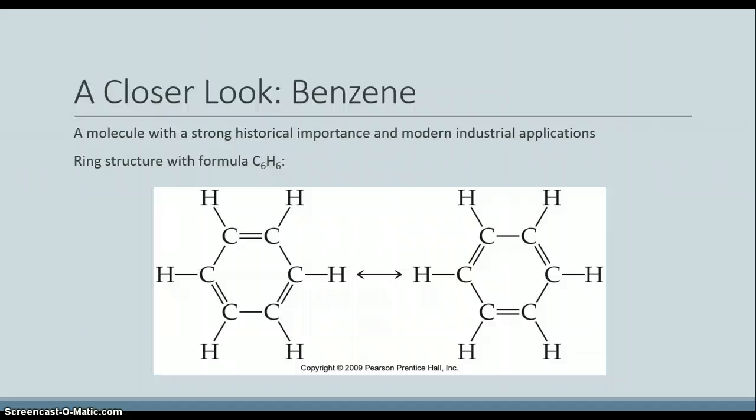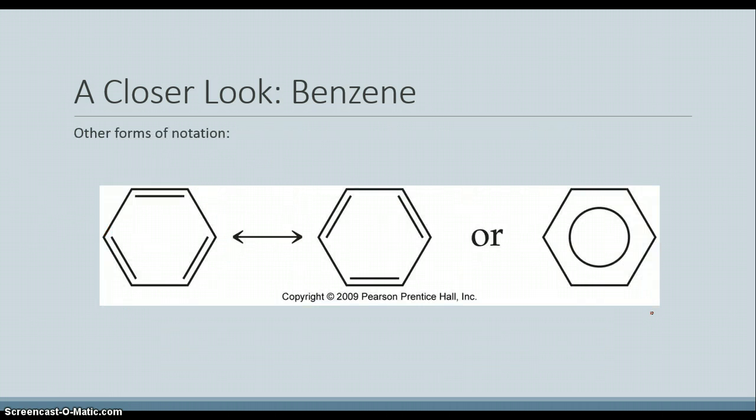But it also illustrates resonance too, because if you put it in these spots, okay, well, we'll leave that there for now. But if you leave these here in these spots, you also know that they can be moved around and shifted here. So this one then shifts here, and this one then shifts there. So then you have, again, the same thing, but the electrons are in different places. So this is what we call resonance structures. These, again, have such a different and unique pattern that you actually have different ways of representing them. So here, benzene can also be shortened to have this sort of just stick